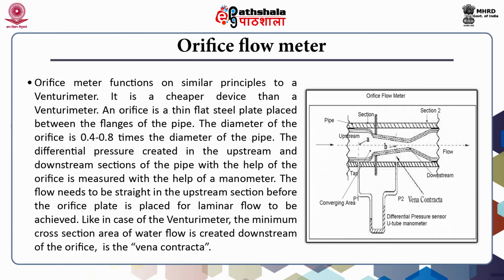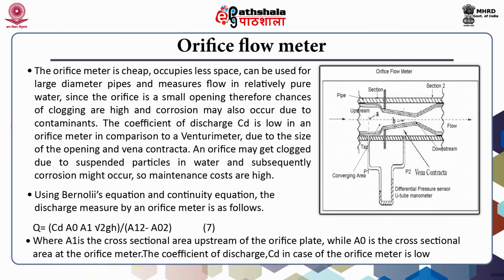And given the fact that pipes generally carry less water than open channels, as we can visualize, open channels have a depth of, let us say, 2 to 5, sometimes even 8 to 10 meters, while a pipe diameter is very small. It varies from centimeters to only a few meters. It can never be more than that. And therefore we have these instruments which measure very accurately. So the orifice flow meter is again one such instrument.